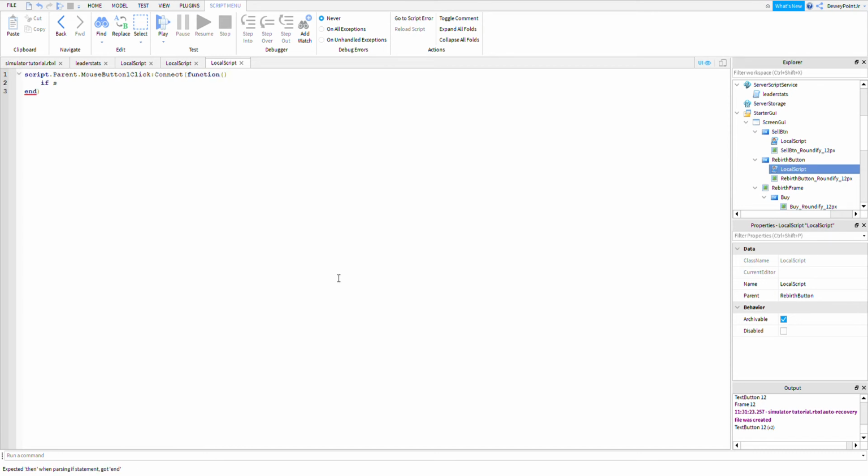If script.parent.rebirthframe.position equals UDim2.new(0.5, 0, -1, 0), then